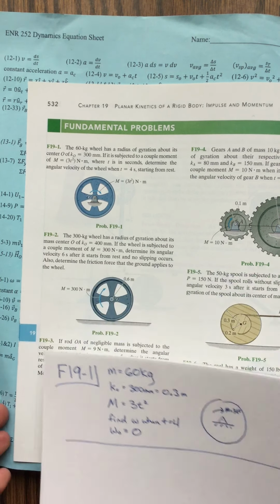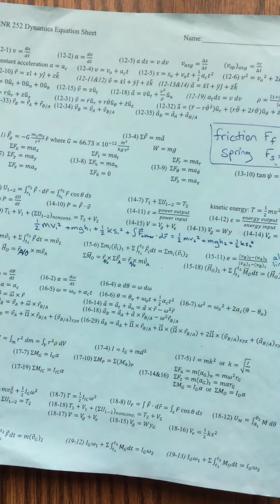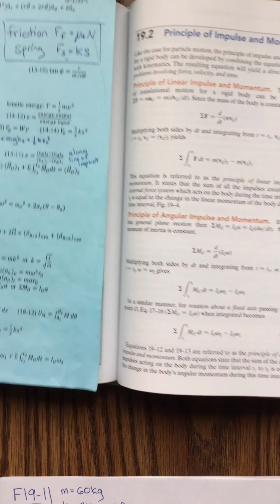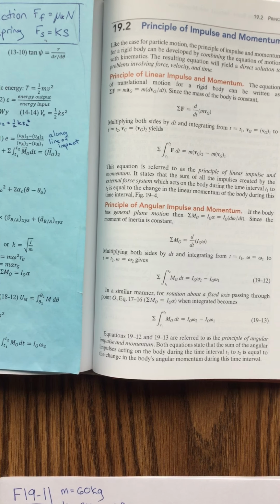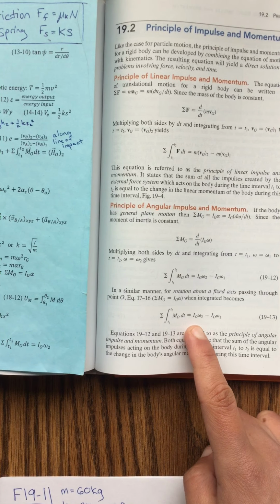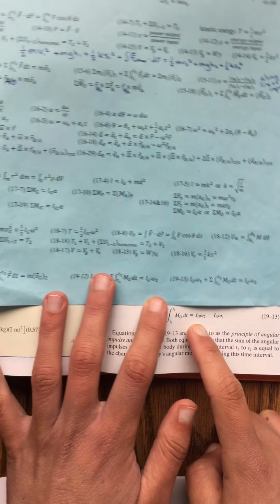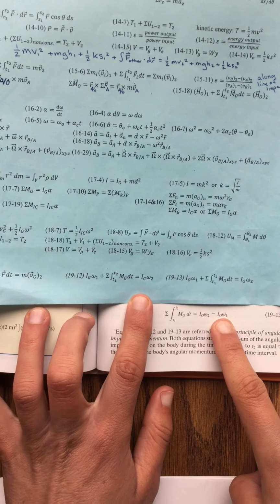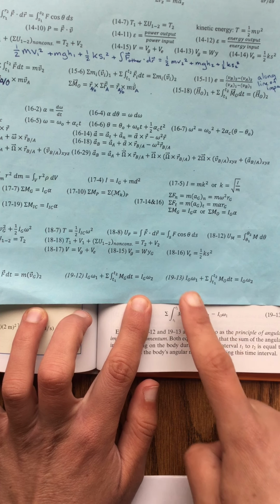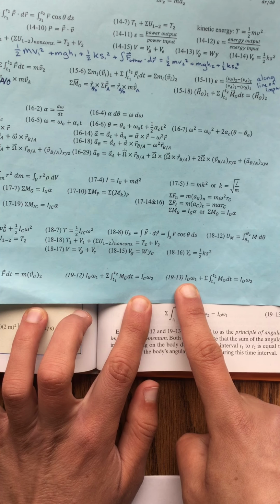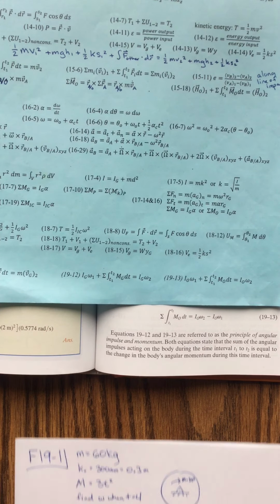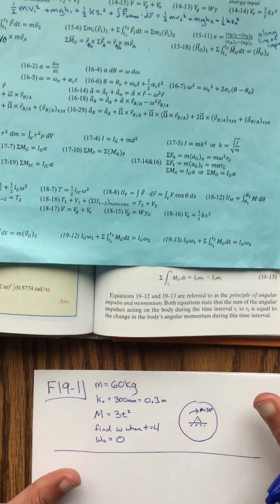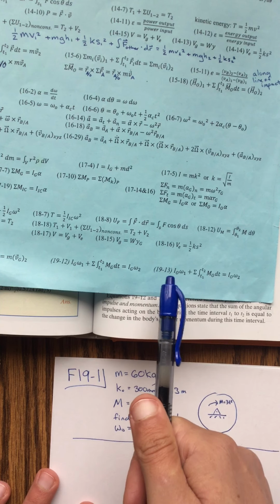So, for this problem, we have rotation about a fixed axis, which is discussed on page 523. And we can use equation 19-13, which is on your equation sheet, but on your equation sheet, I brought the initial angular momentum over to the other side. Okay, the initial angular momentum is equal to 0 because we're starting from rest. So I have 0